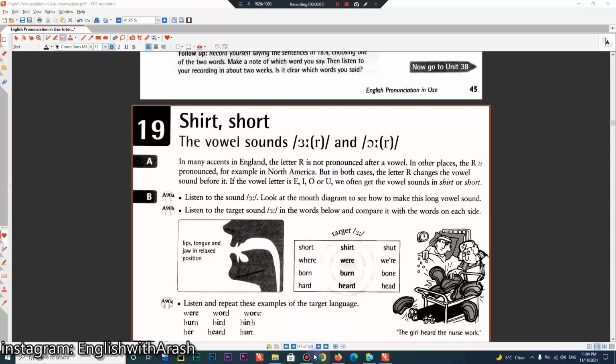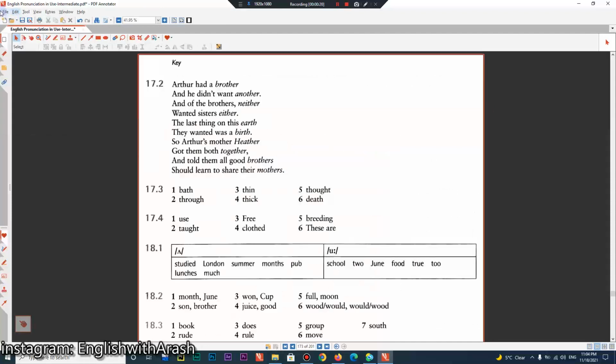Hi everyone, welcome back to another class of Pronunciation in Use, level intermediate, unit 19, talking about shirt and short, the vowel sounds /ɜː/ and /ɔː/. So basically what we're learning in this lesson,